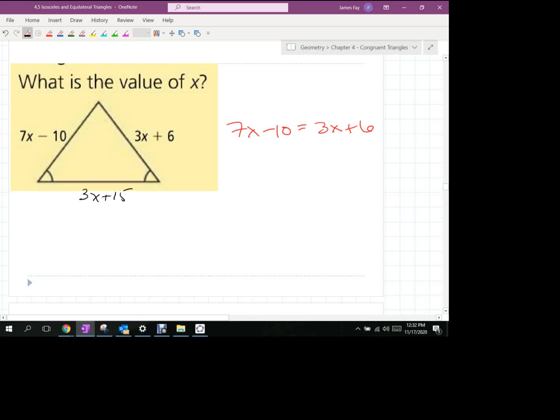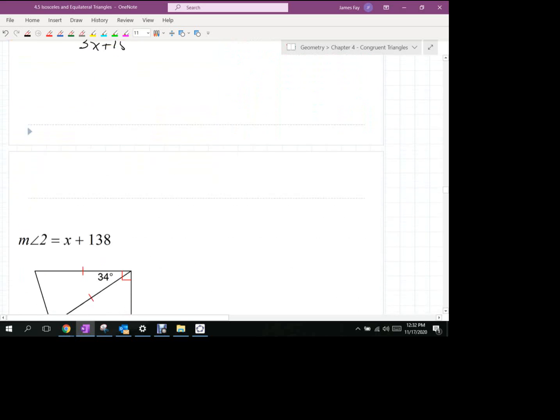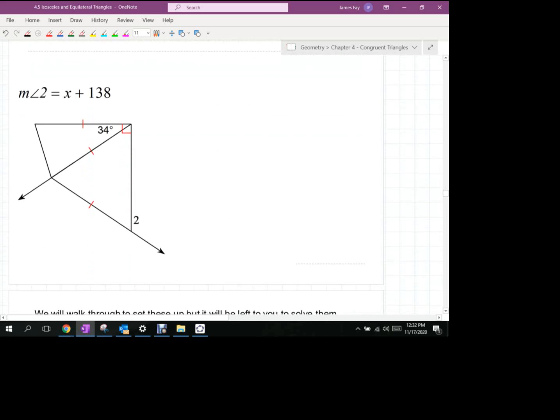Now you can't just grab any two of them and say any two of them are equal, right? You've got to know the isosceles triangle theorem, the converse, in order to establish which two expressions are equal to each other. Okay, so be on the lookout for that kind of thing. They'll do it with angles as well. So this one here says measure of angle 2 equals x plus 138. So let's go through and